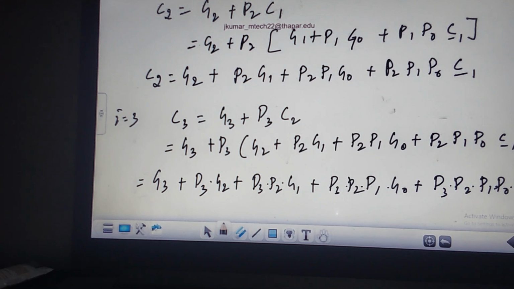There is a typical value for the gates. You should use only 4 input gates. If you go beyond 5 input and 6 input gates, the fan in problem becomes serious, and then we will not drive the current voltage level at the output. Fan in and fan out will affect the carry look ahead adder, because you can see my carry expressions are all different. There is no uniformity. A uniform circuit is not there. 2 input, 3 input, 4 input, and 5 input gates. There is uncertainty in the gate usage that leads to fan in and fan out problems. This is the limitation, but constantly there is a problem called fan in and fan out.